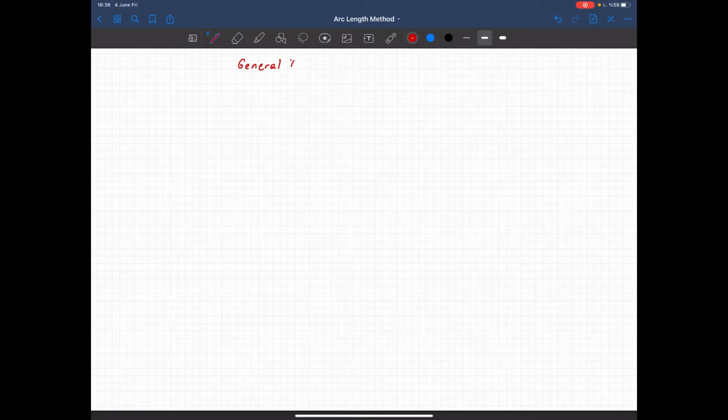So first I will talk about the general form of the arc length method. And I will use the shallow truss formulation as an example case. Now, we call that the force is equal to